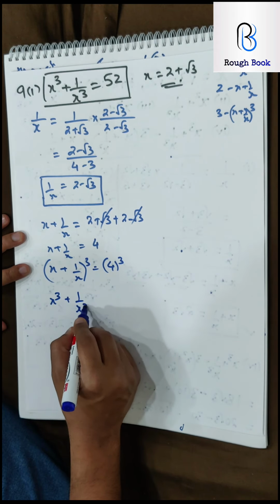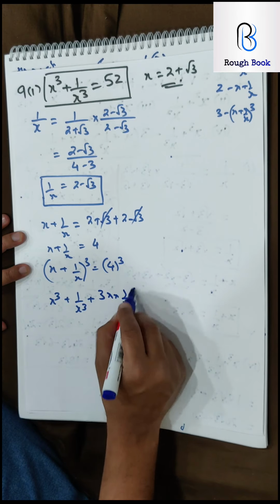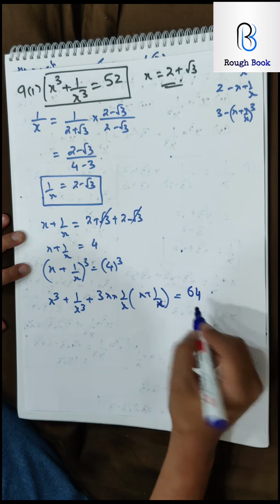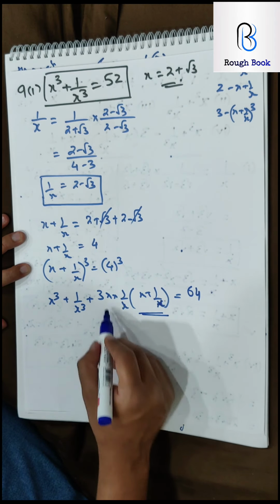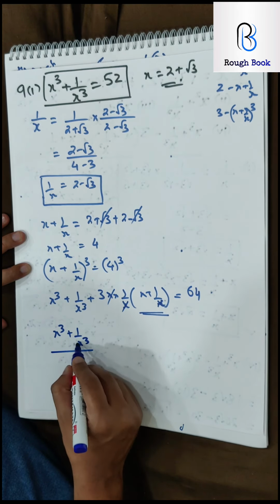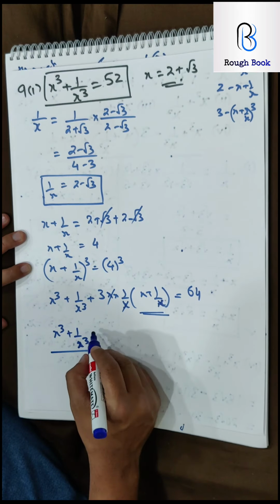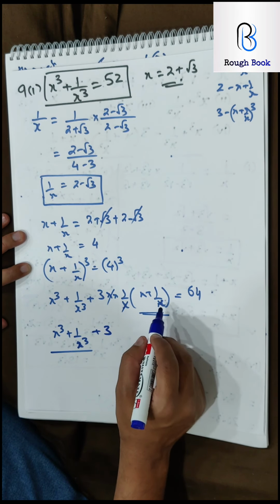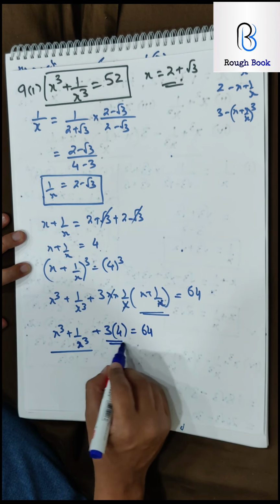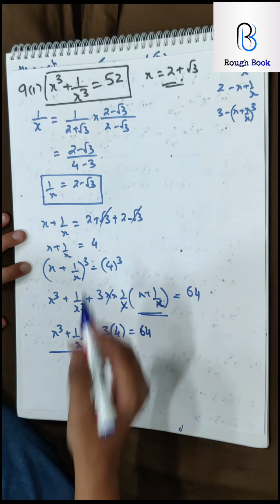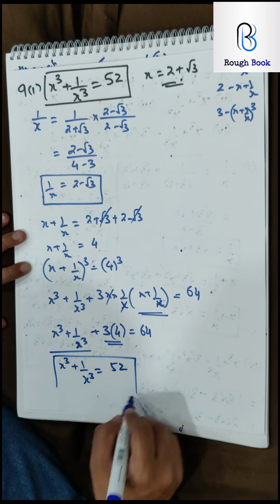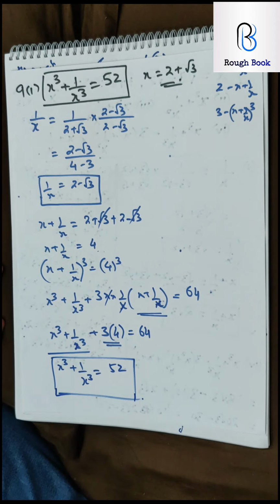So a cube plus b cube plus 3 times ab into a plus b. So 4 cube becomes 64. Here again you need to resubstitute, which most of the students forget. x cube plus 1 by x cube is my target, so I am not going to touch that. Plus 3 times x plus 1 by x, we've already found it as 4, so substitute: 64. So 12 going on the other side, automatically you get what is desired. So x cube plus 1 by x cube becomes 54. That's what we needed to prove. So I told you there were 2 methods.